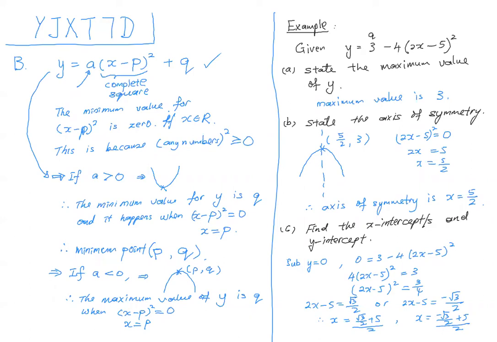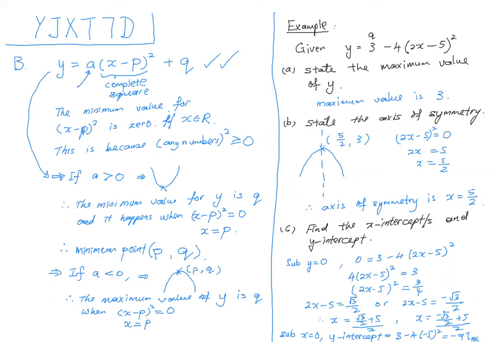Okay, to get the y-intercept, you sub the x equal to 0. So the y-intercept will be 3 minus 4 times negative 5 squared. Correct? So that will be negative 97. Am I right? So if I write in a completing the square form, this form,